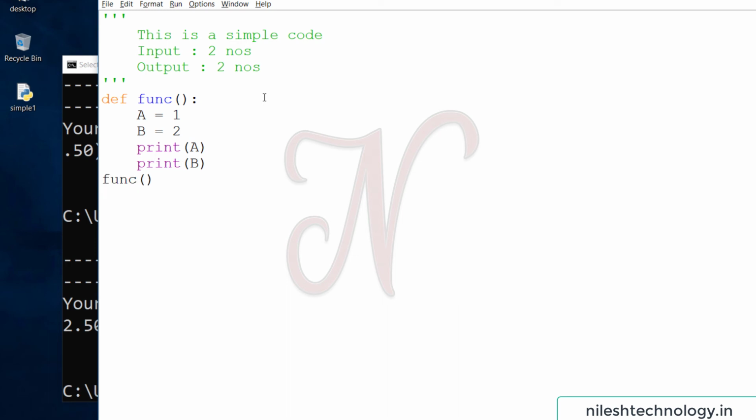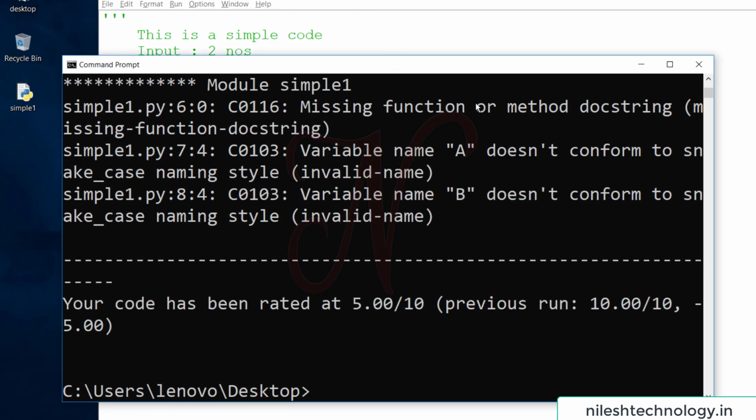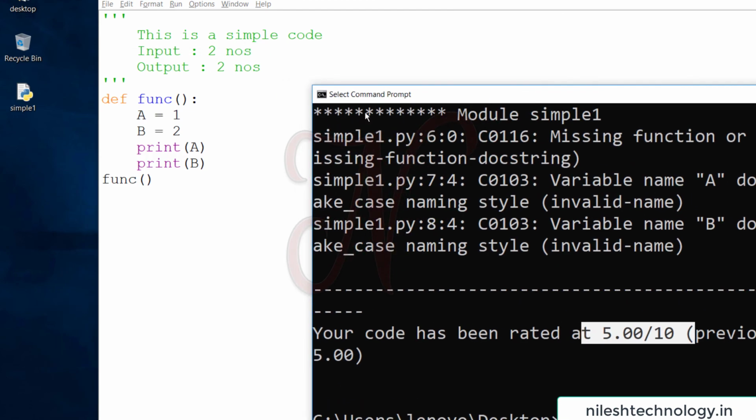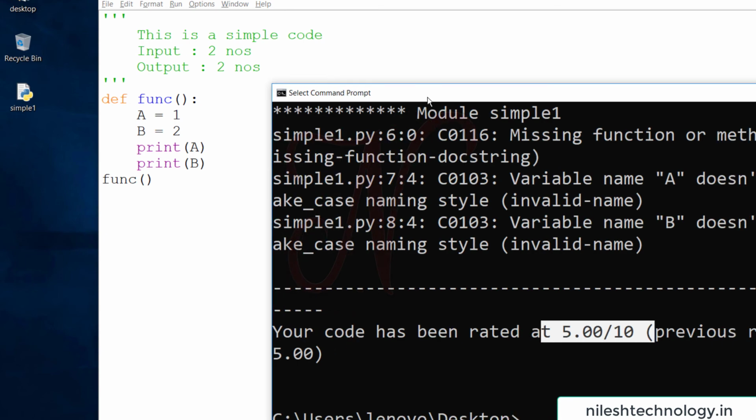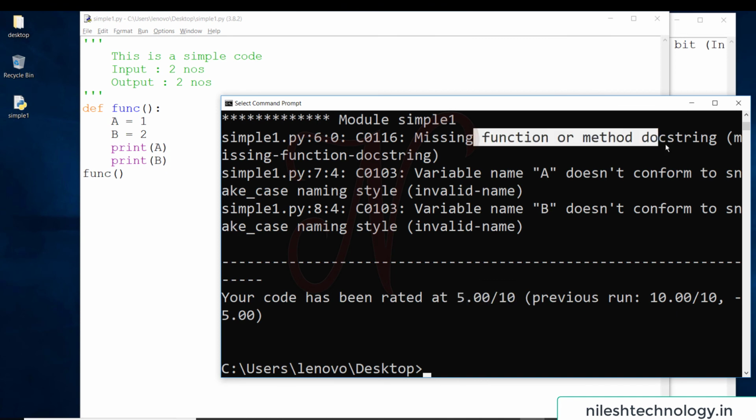Save this code. See here, again pylint. We see 5 out of 10. My code is well documented here. We define one function, give indentation, and call the function. So what is the problem here? See here, missing function or method docstring.